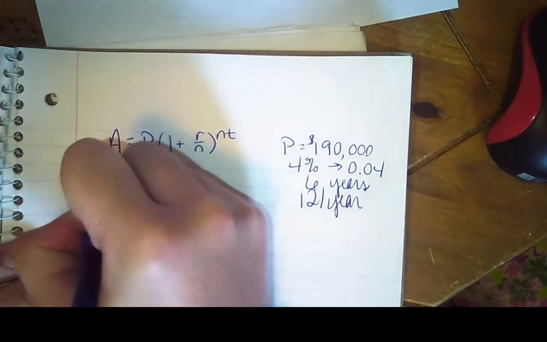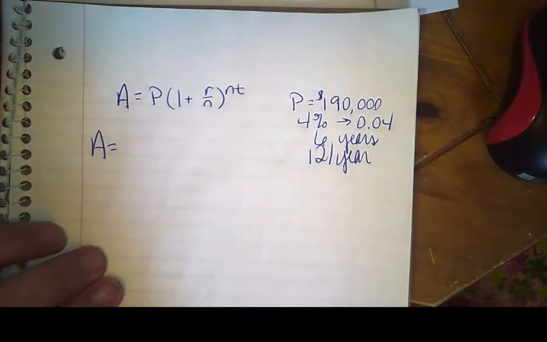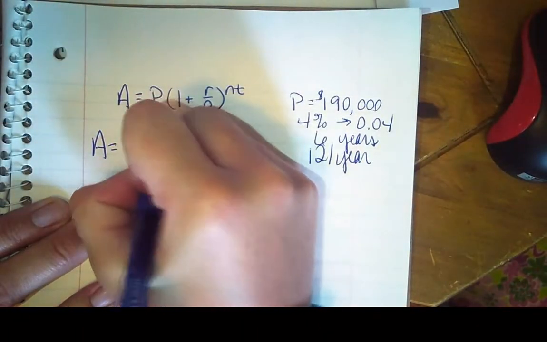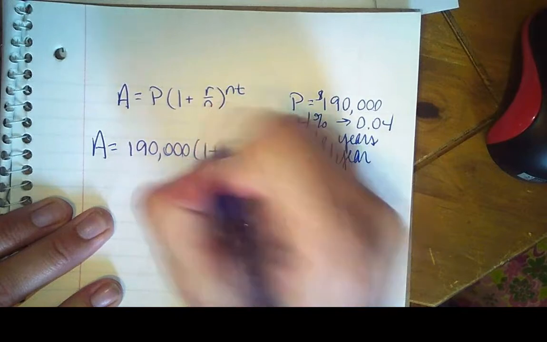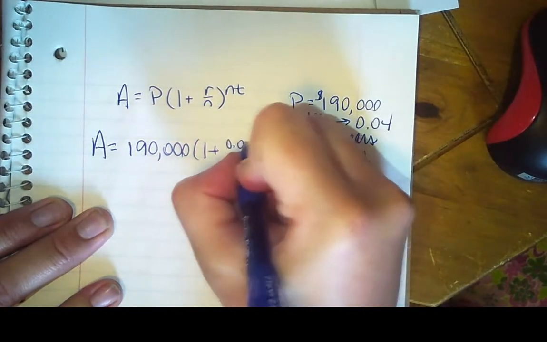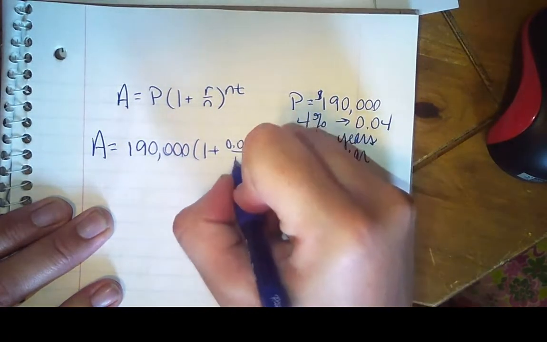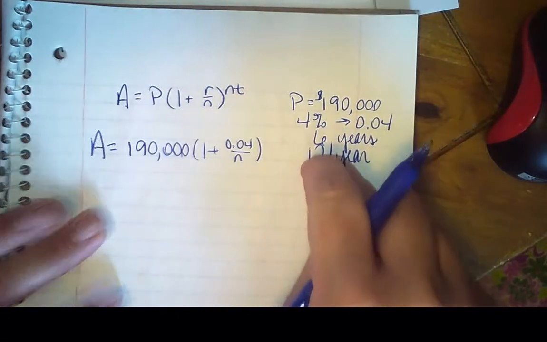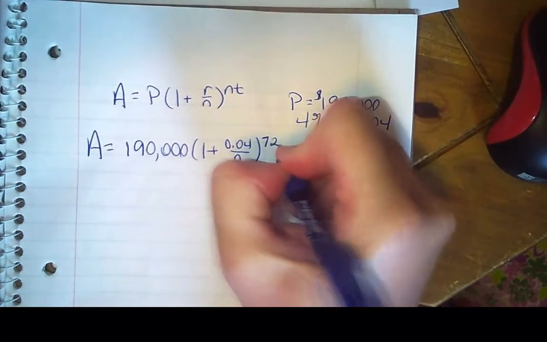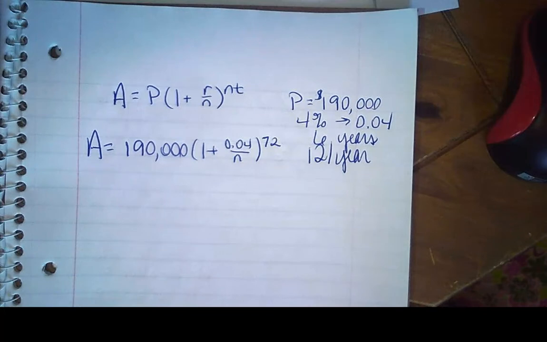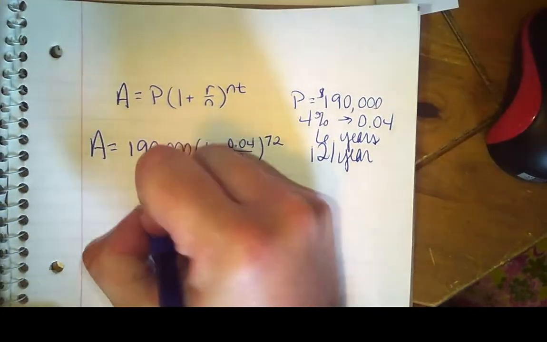So the amount that I'm going to accumulate is going to be 190,000 times 1 plus r over n raised to the nt, which is going to be 72. So I have 190,000 times (1 plus r over n) raised to the 72nd power gives me 241,440